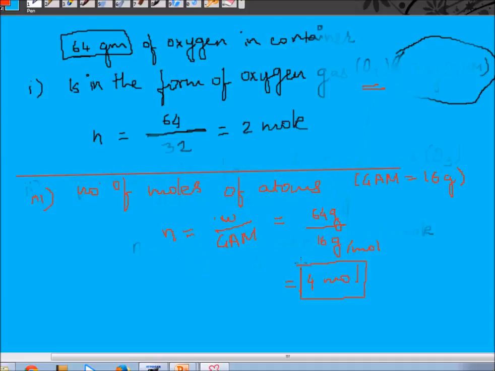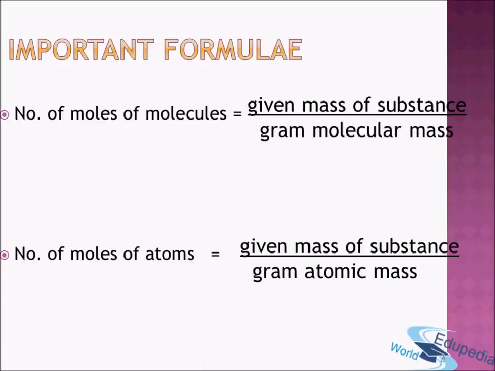Okay, so this is how you use both the formulas. A few important points over here. First, in your questions and even in your textbooks, you will often find, in the other topics once this topic is over, it directly written as molecular mass of oxygen is 32 gram or atomic mass of oxygen is 16 gram. Now they haven't written it as gram atomic mass or gram molecular mass, but just by looking at the units, that it is present in gram, 16 gram, 32 gram, we can directly conclude that they are actually referring to gram atomic mass and gram molecular mass.